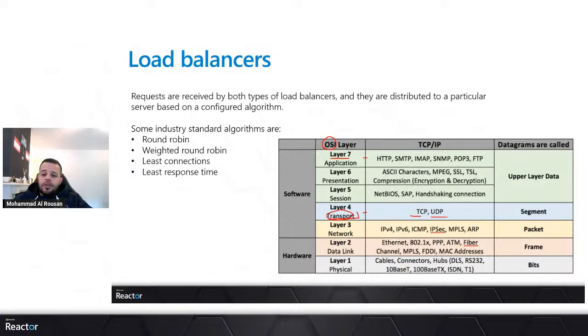While layer 7 load balancers focus on delivering messages based on their application protocol like HTTP, HTTPS, and the actual content of each message. So they are able to understand the message and make more intelligent routing decisions based on the content. So the content will be scanned in layer 7. And there are some routing mechanisms used in the load balancer, such as round robin, which is the best one. Send one time to this node, another time send it to this node. We have weighted round robin, least connection, least response time.